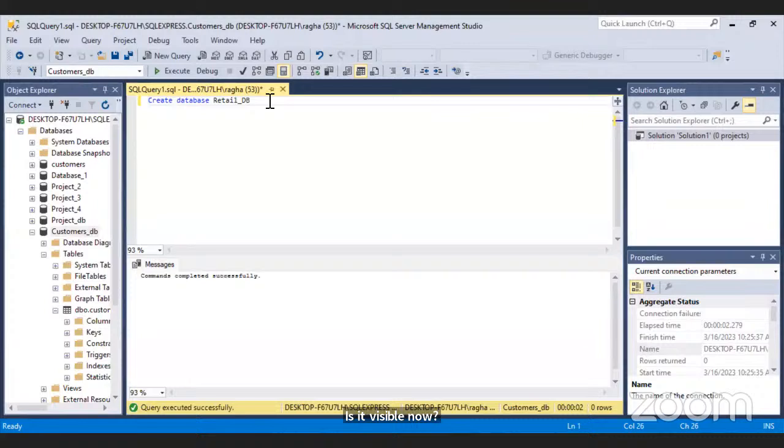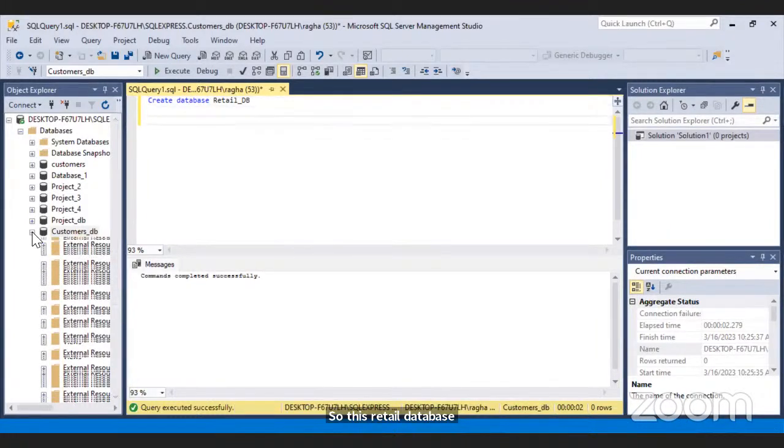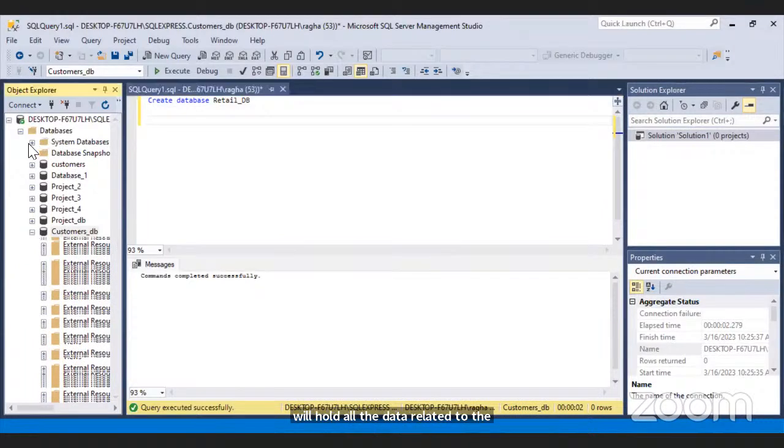Okay, awesome. So first, I'm creating a database. I just created that. I'm calling it a retail database. So this retail database will hold all the data related to the retail industry. So that's the first step. We have the database, so we can check it here.